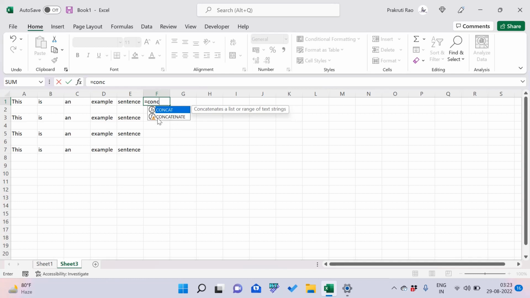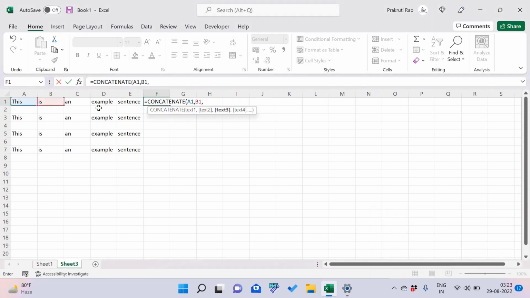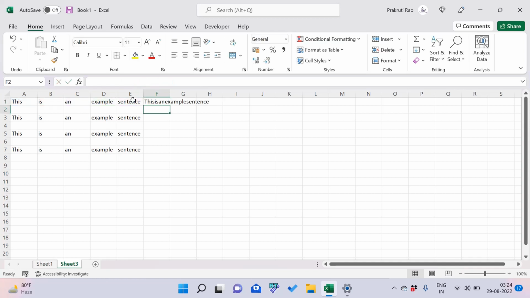concatenate. As soon as you write the formula, it is shown below, and you have to double click on it to activate. Once you activate the formula, it will ask you to select the data that you want to combine, and in this case our data is here. Select the first cell and separate it by comma. Select the second cell, separate it by comma. Select the third cell, comma, fourth, and the fifth. After selecting all the cells, you have to close the bracket and press enter. So your data is combined,